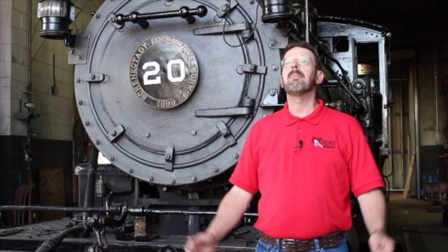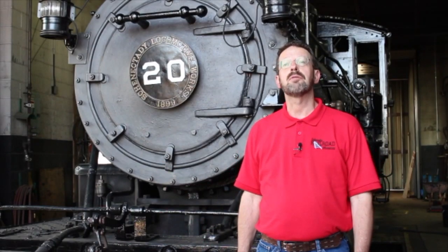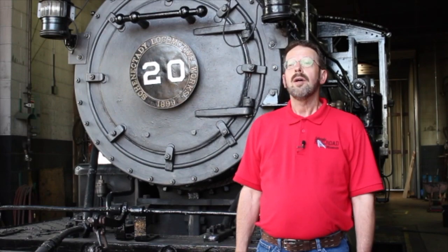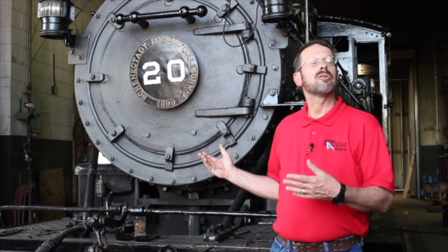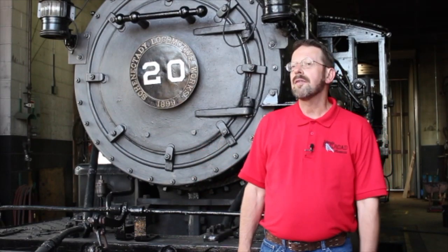Welcome to another big train tour at the Colorado Railroad Museum. This week, we'll be taking a look at one of the museum's favorite narrow gauge steam locomotives, Rio Grande Southern Railroad number 20. Purchased in 1952 by the Rocky Mountain Railroad Club, it was moved to Bob Richardson's Narrow Gauge